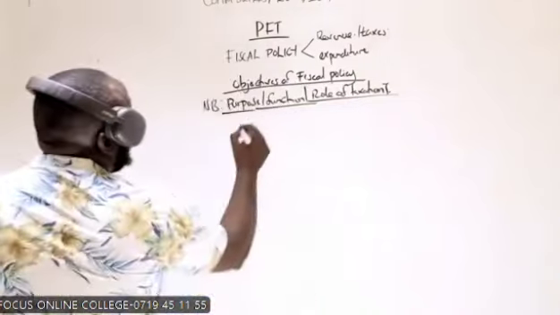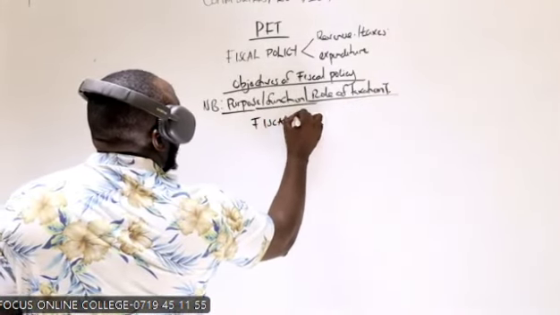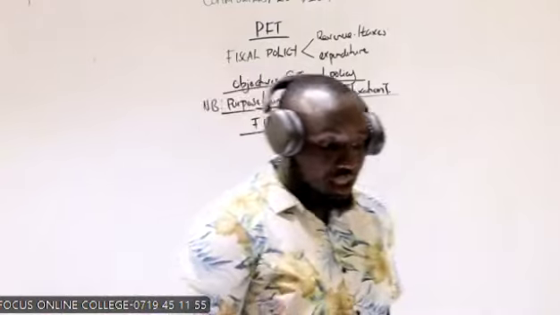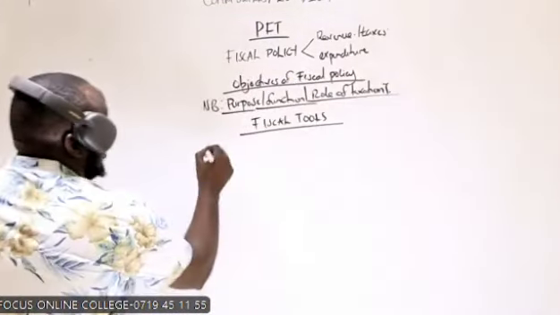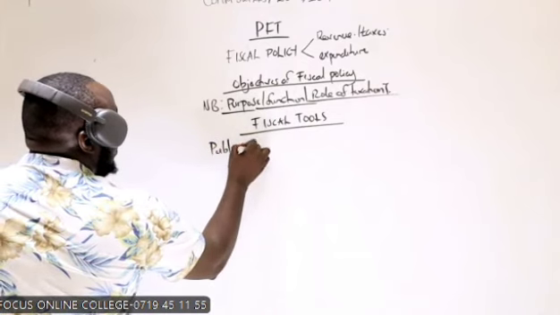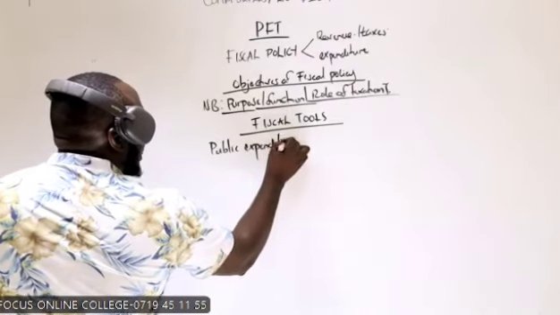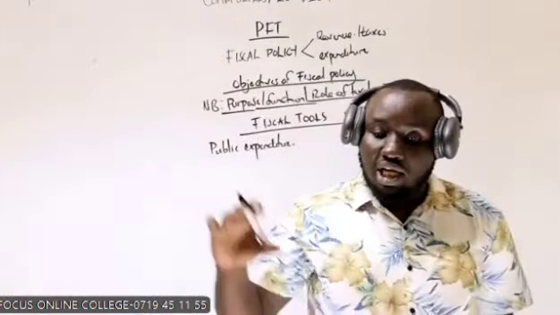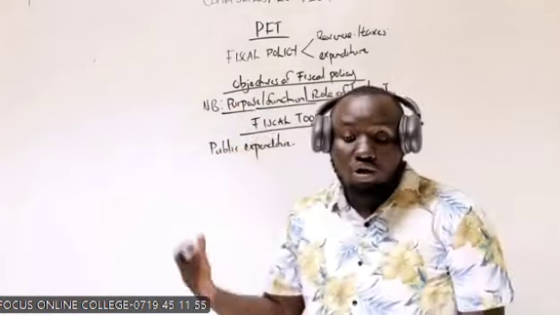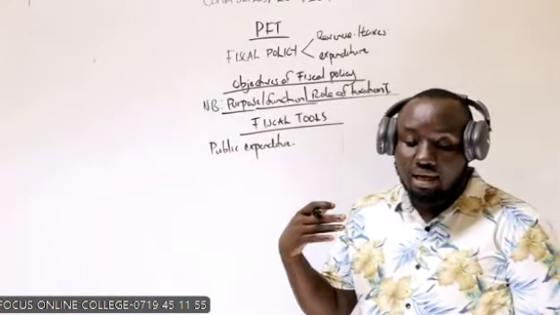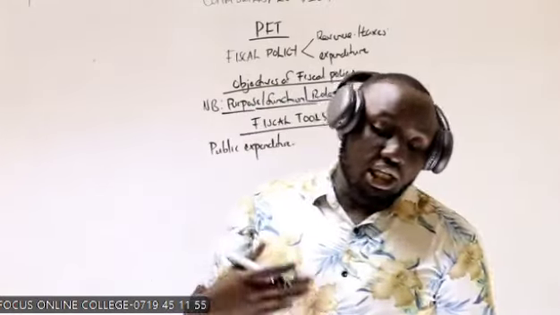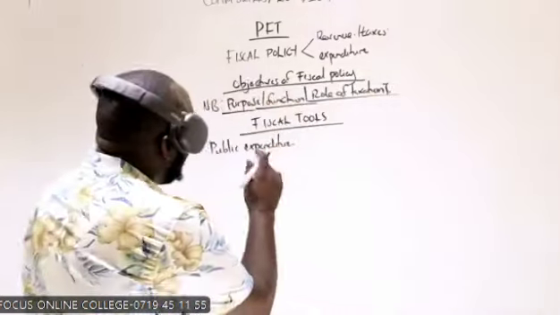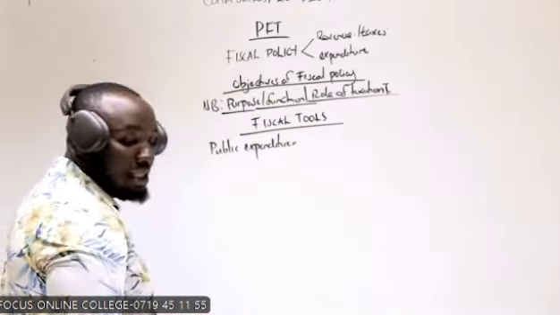So I proceed to what we call the fiscal tools. One of the fiscal tools we talked about is public expenditure. We did touch on expenditure and said we have current expenditure and capital expenditure. Capital expenditure is expenditure on fixed assets. Recurrent, or current, expenditure is day-to-day spending, like salaries and so on. So with the fiscal tool of public expenditure, how do we use it